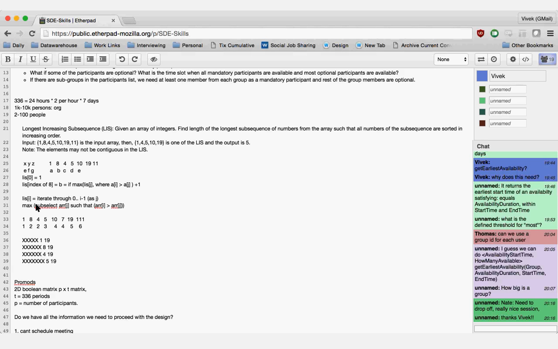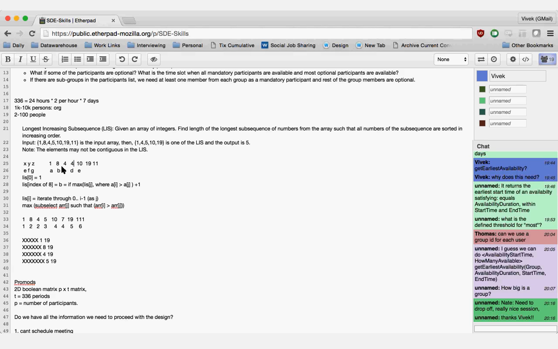There is a kind of gotcha here: you cannot make an assumption that it's an increasing subsequence, right? What about equal? Okay, greater than or equal to, is it like non-decreasing? Is that what you mean? I don't know if the question is non-decreasing.